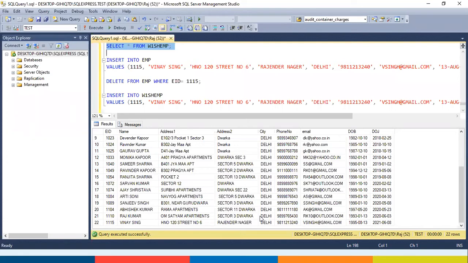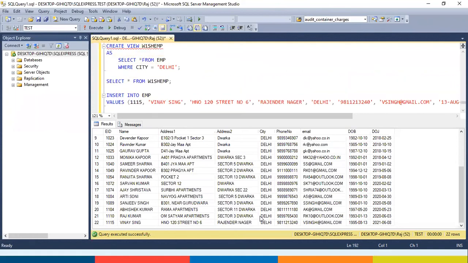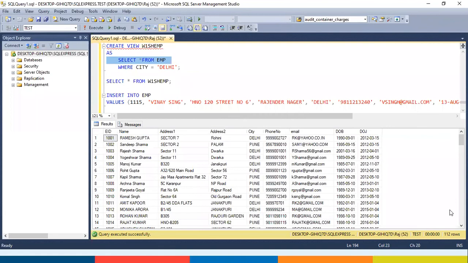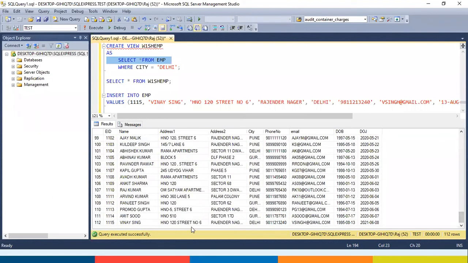Now the question arises that we have inserted the data into the view, whether the data will also be inserted into the table? Yes or no? Let's check that and see whether the data has been inserted into the table or not. You can see the data is very well inserted in the table.